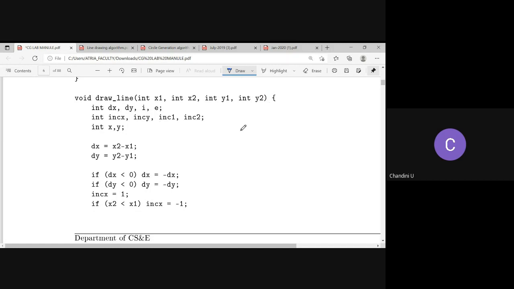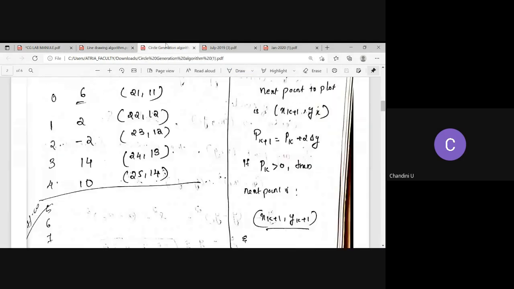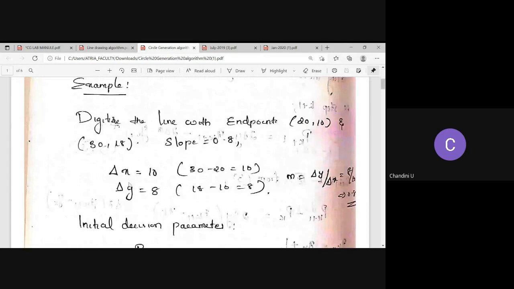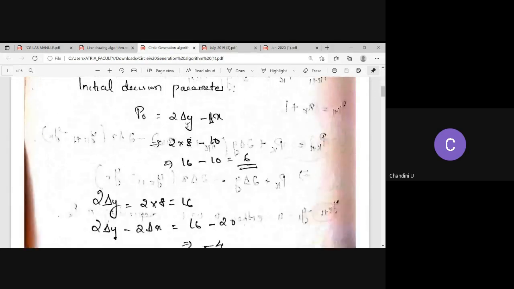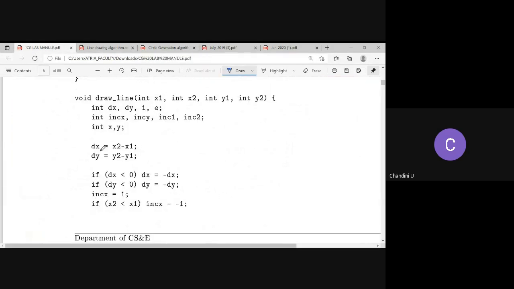And then as we mentioned, what are the important things which we require when we first came across this problem? The first thing was we need delta x, we need delta y, and then we need 2 delta y, and 2 delta y minus 2 delta x, correct? Similarly, first you calculate delta x, that is dx.